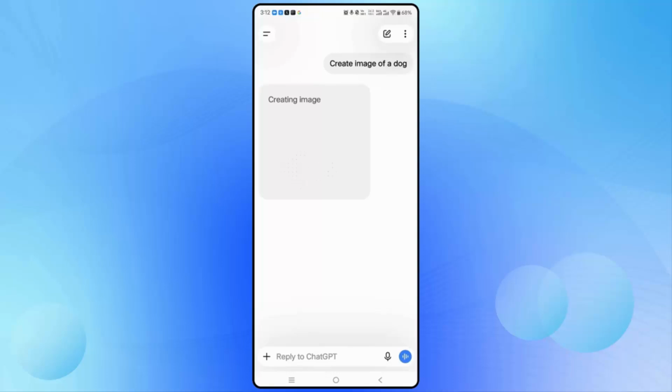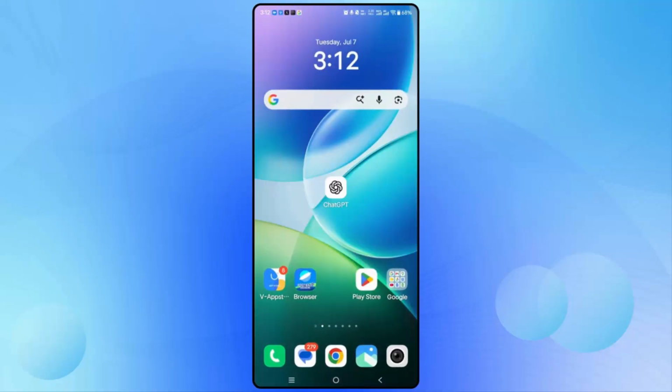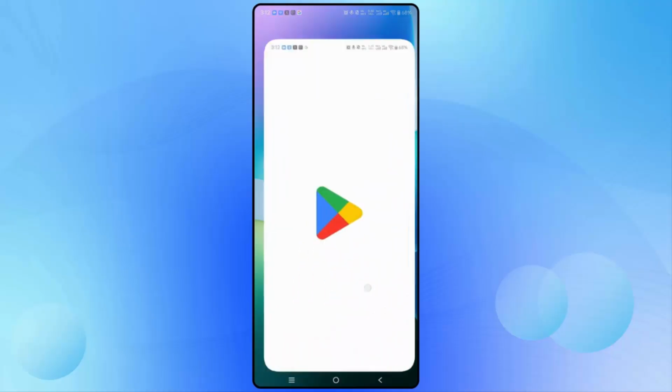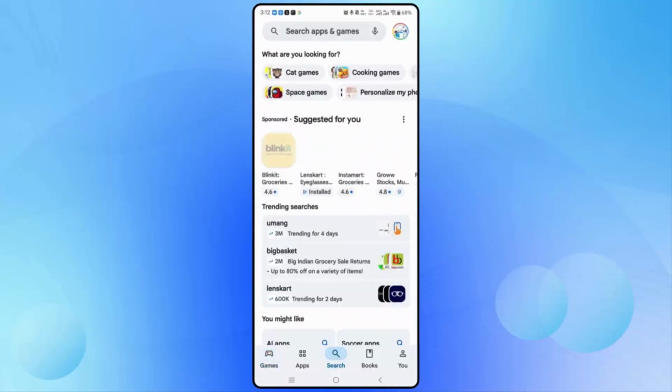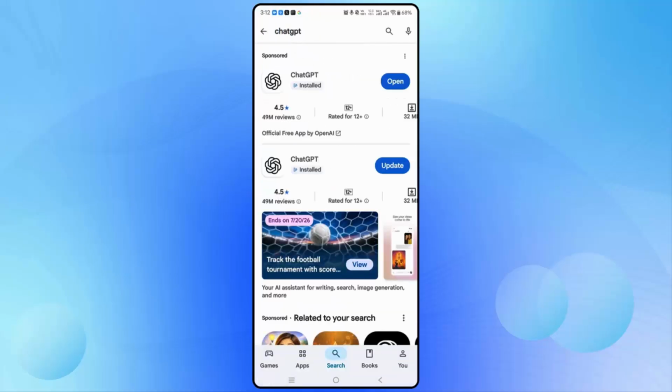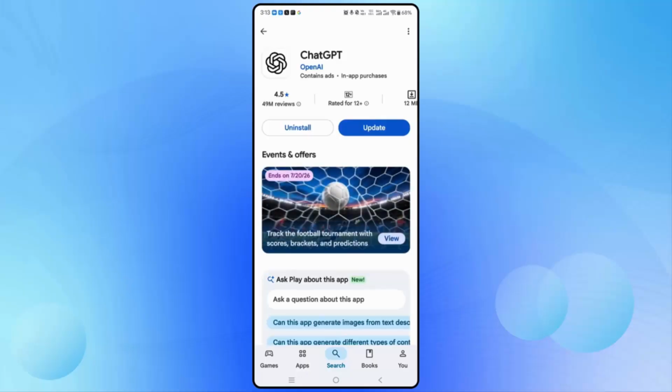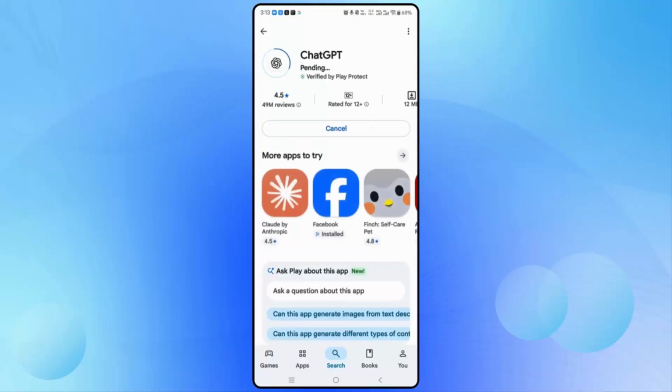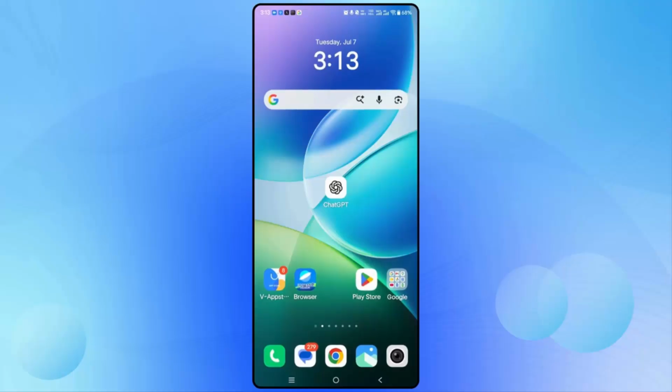Meanwhile, you can try some other methods so that you can get rid of the issue. You should check if ChatGPT needs any kind of update. For that, go to the Google Play Store. After that, in the search option, search for ChatGPT. And here you have to check if any update is available for your ChatGPT. So there is an update. You simply have to click on it, and after that wait for some time. Once ChatGPT is updated to the latest version, check if the image generation is working properly